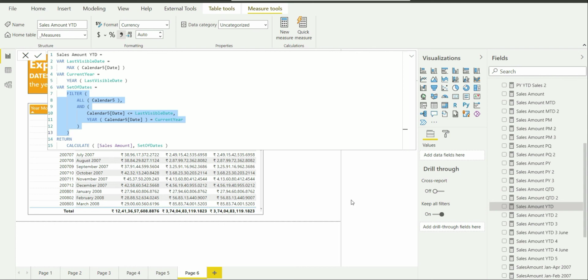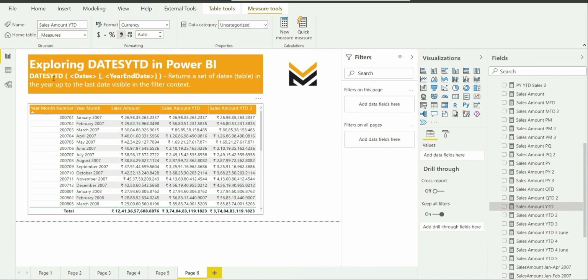Now, in this particular case, I am going to cover one more thing, that is the second argument of DATESYTD, which is year end date. The default year end date for all time intelligence functions is 31st December.